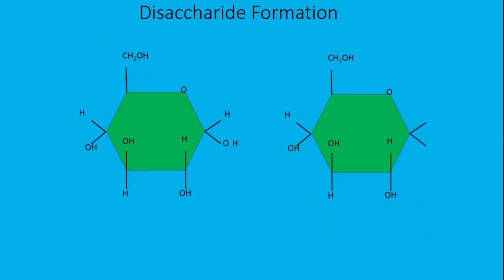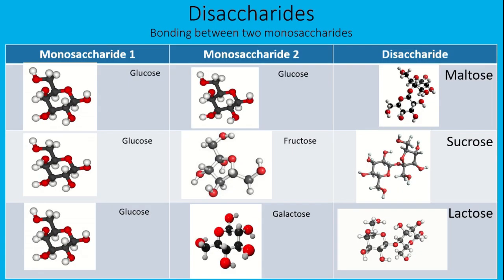Disaccharides are the result of 2 monosaccharides chemically bound together. This chemical bonding occurs when the OH group on one simple sugar is combined with a hydrogen ion on the other. Water is then formed, and this allows the 2 monosaccharides to bond together, in this case to make maltose. There are 3 types of disaccharides. Maltose is the bonding of 2 glucose molecules. Sucrose, or table sugar, is made from fructose and glucose, and lactose, or milk sugar, is made from glucose and